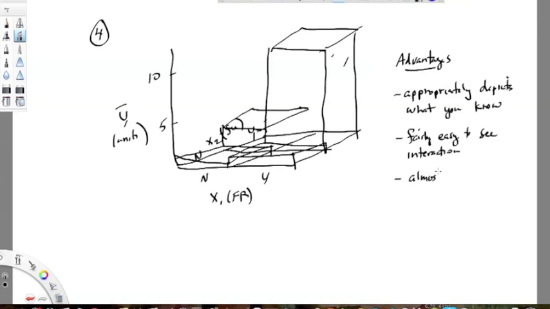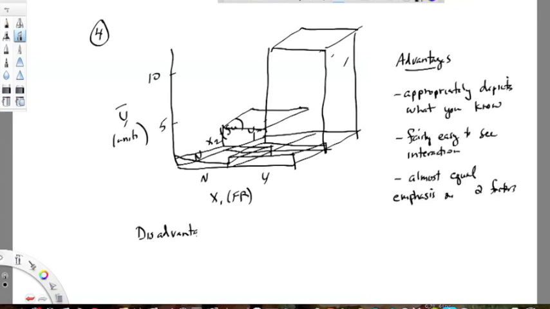Almost equal emphasis on the 2 factors. Why do I say almost? Well, it's because of our human brain. We tend to see things left to right easier than front to back. But I think, if your mind is at all spatially capable, you can sort of twist this around in your head, and you could actually put sucrose in the front, fructose in the back. You can kind of turn that in your mind,